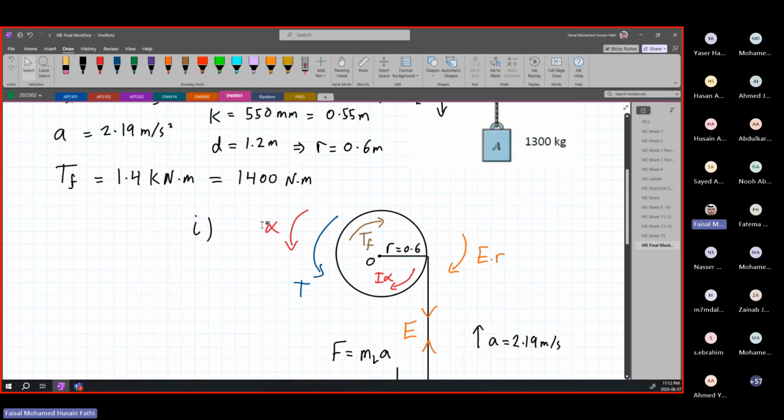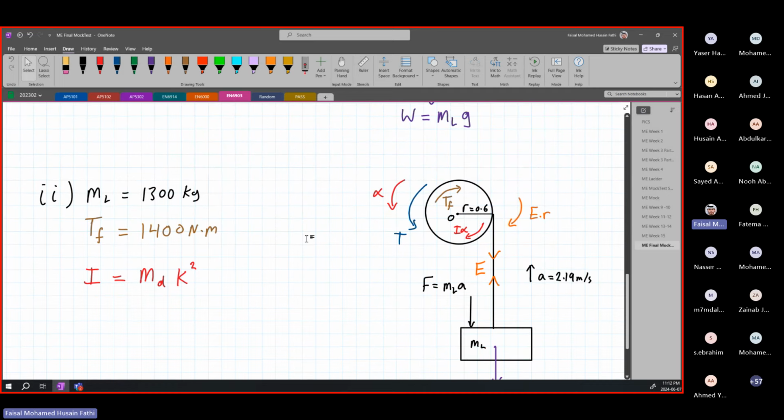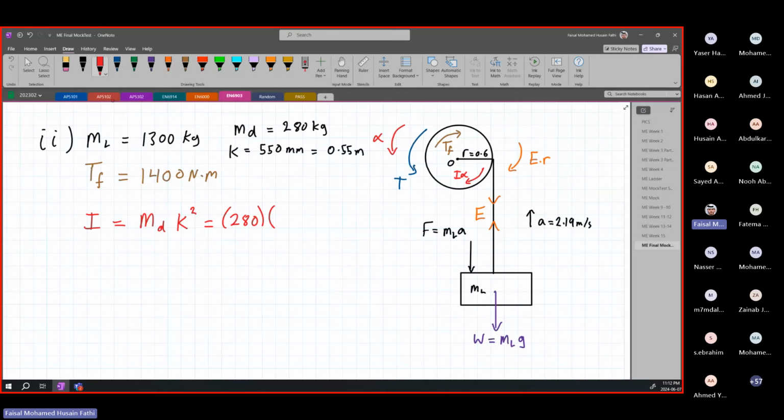The mass of the drum, which was given to us, MD. I'm just going to copy paste this down actually. So MD, which was given to us, I believe, was 280 kilograms. And our radius of gyration, K, which was given to us as 550 millimeter or 0.55 meter. So the only point of these two values is to determine your moment of inertia. So this will be equal to MD, 280, times our radius of gyration squared, which is 0.55 squared. Okay, so I is going to be equal to